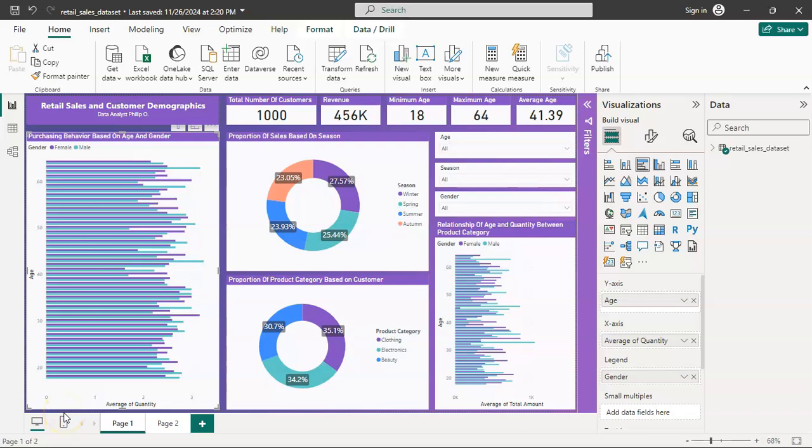Today we are looking at retail sales and customer demography. Let's look at the KPIs first. We have the KPIs listed above there on the dashboard. Those are total number of customers, the revenue made, the minimum age, maximum age, and the average age of our